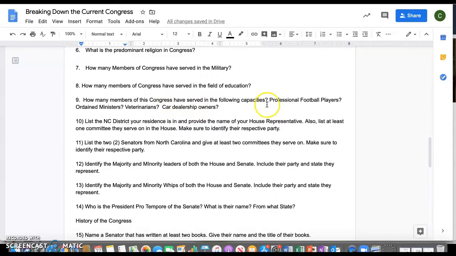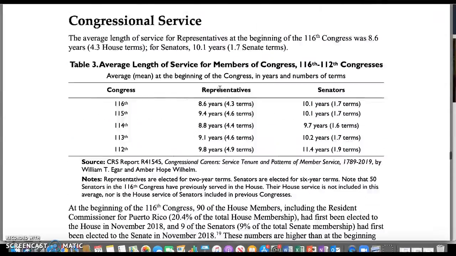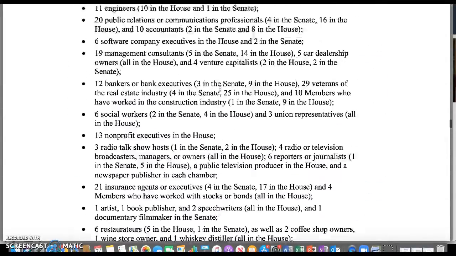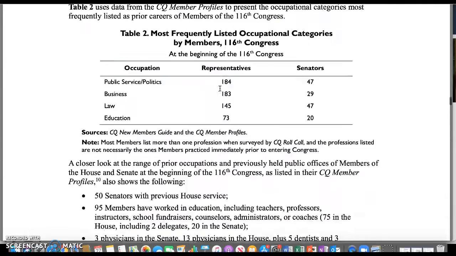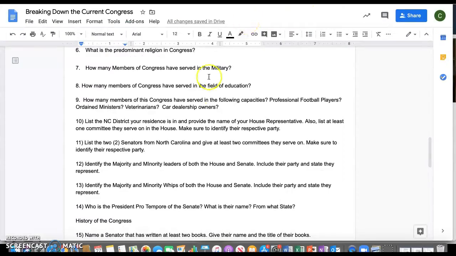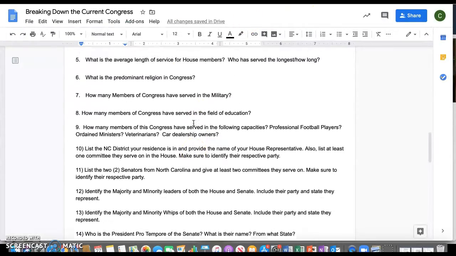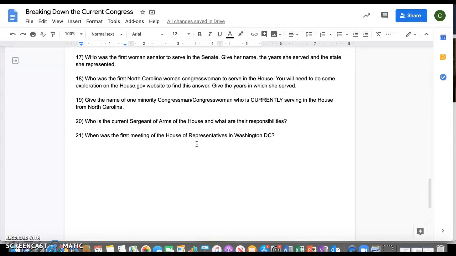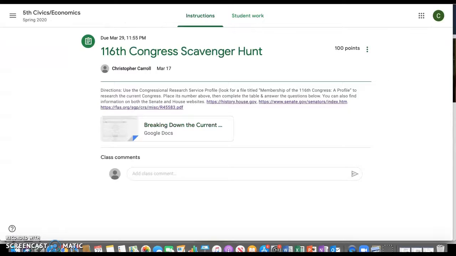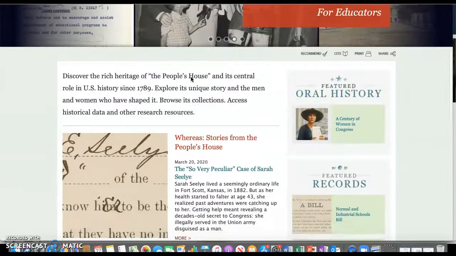And then notice here, professional football players, ordained ministers, veterinarians. You can go back to the table of contents, and as you go to the table of contents, you're going to find that information. By the way, just in case you're listening to this video, it's on page 4 where you'll find the information for that particular question, which was number 9. So when it talks about who was the first North Carolina woman congressman or someone who is currently serving in the House from North Carolina, that's when you can go to the House of Representatives here,